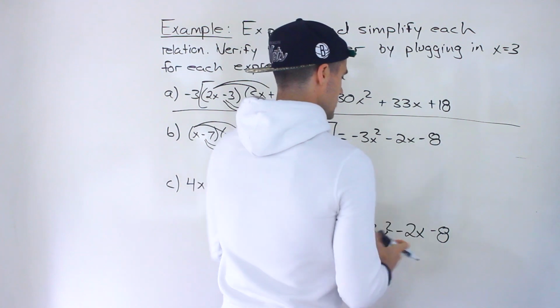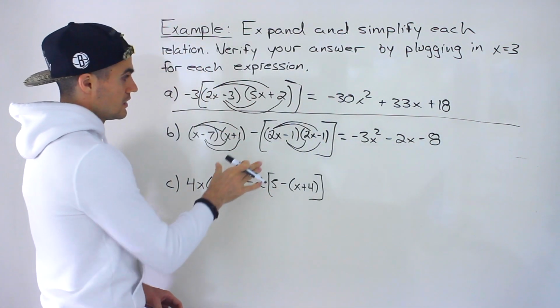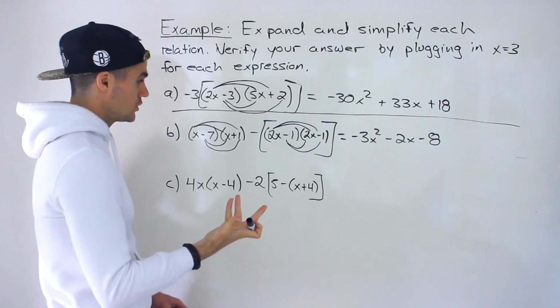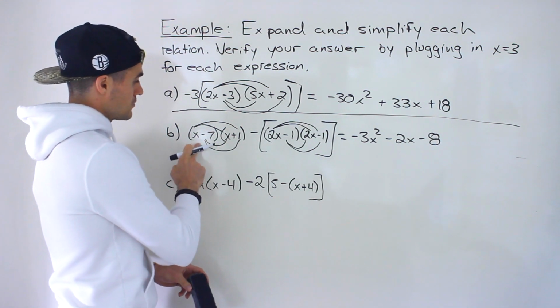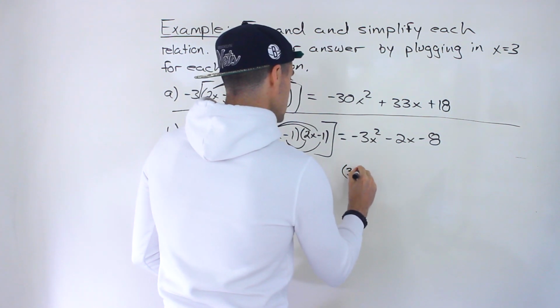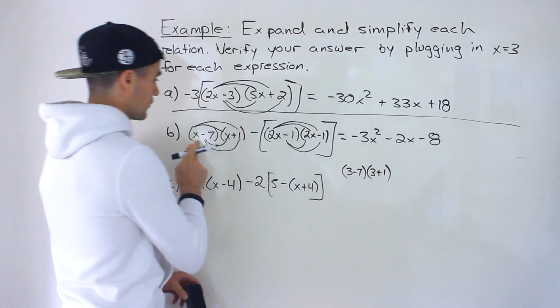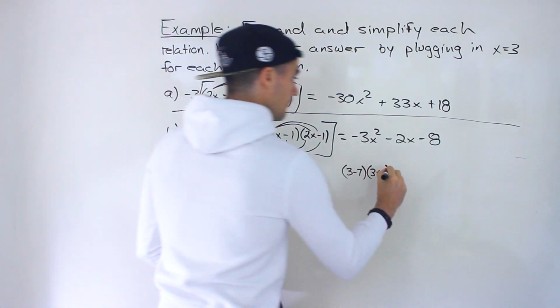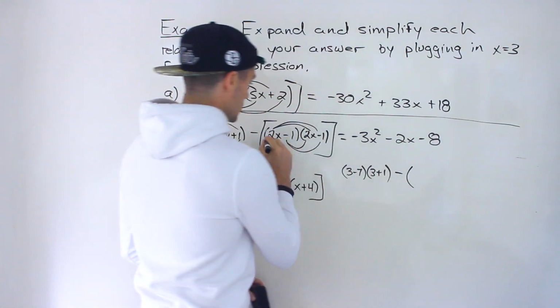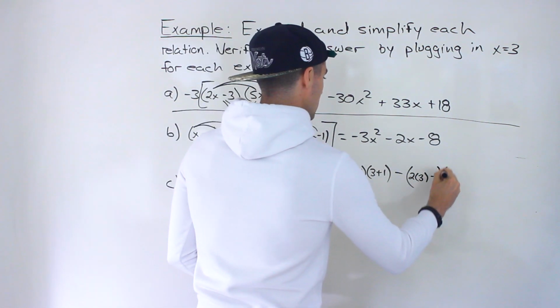And then let's check our answer. So let's first plug in 3 into the original. So starting with these two sets of brackets, we'll have 3 minus 7 times 3 plus 1, right? Plugging in for this x and this x, minus, in brackets, 2 times 3 minus 1, and then we'll have